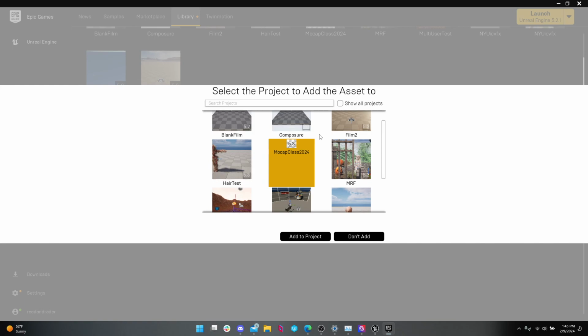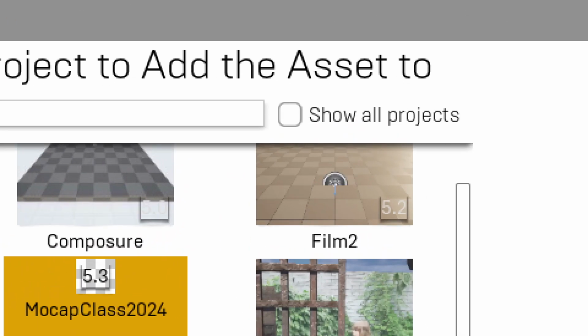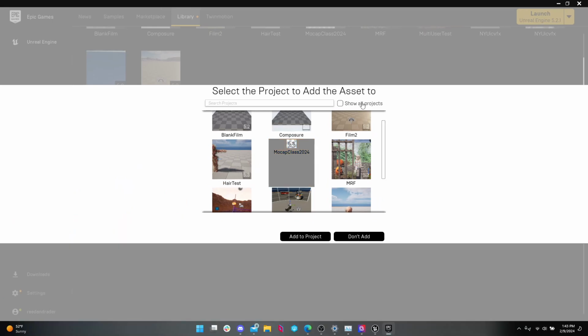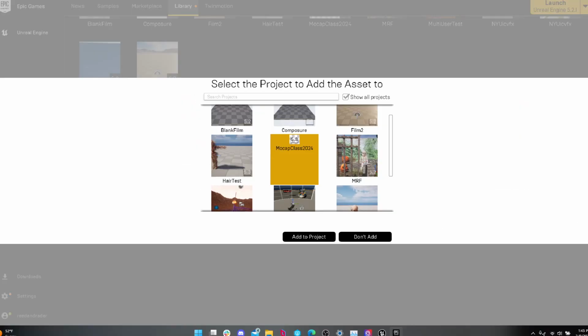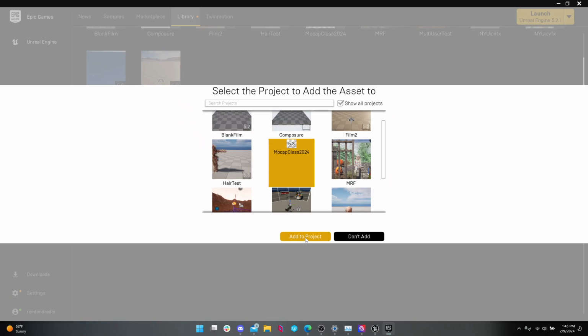It happens oftentimes where there's an incompatibility between the version of Unreal that you're using and the version that the asset was made in. Just click Show All Projects up top here, and then click it. It might say down bottom here, incompatible, which version do you want? Just pick the most recent version, even if it's Unreal Engine 4. It should work. In this case, this seems to be a newer asset.